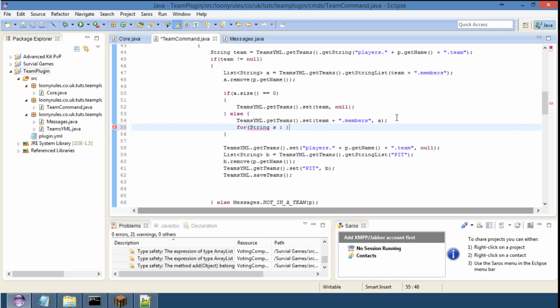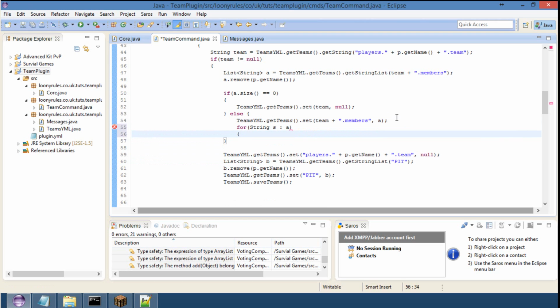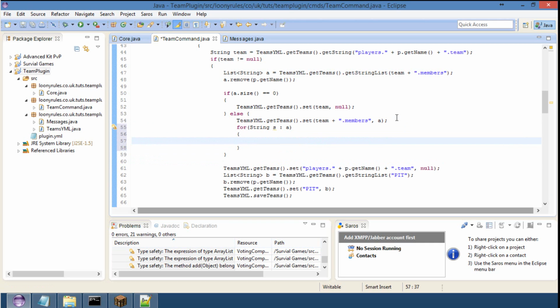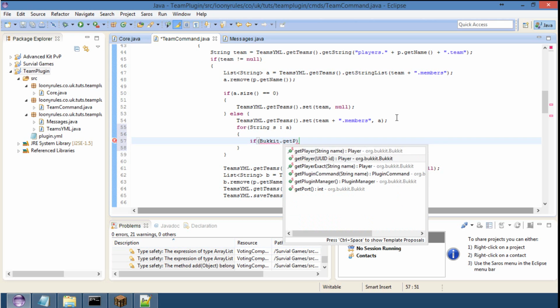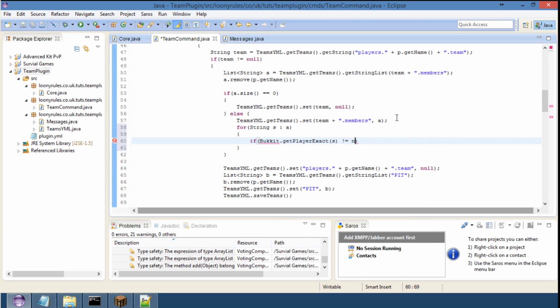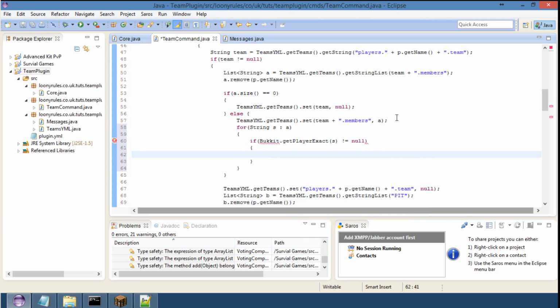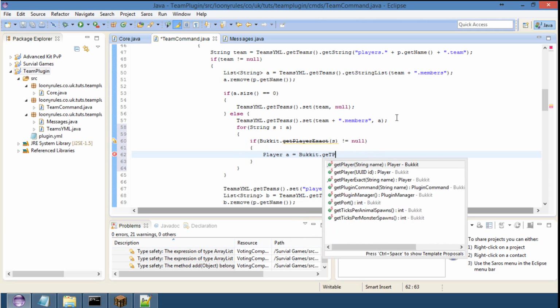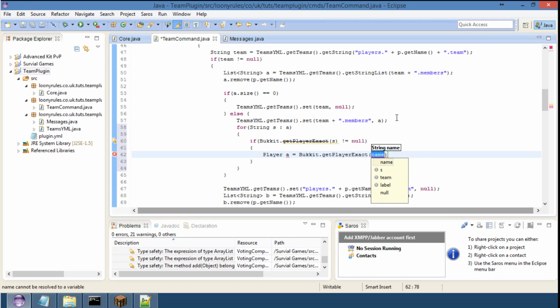For every s that's in a, if Bukkit.getPlayerExact(s) doesn't equal null, so basically the players are online, then Player a is equal to Bukkit.getPlayerExact(s),